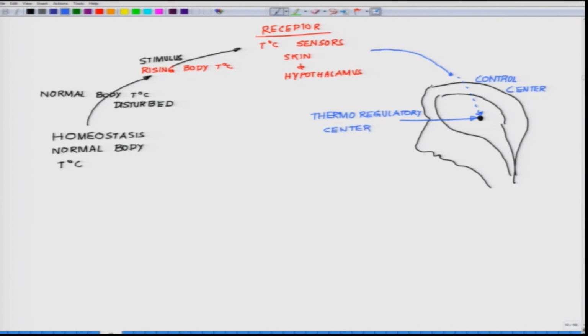Okay. Now, at the thermoregulatory center, this hypothalamus sends a command signal. This command signal reaches the effectors. So, I told you there will be a receptor, there will be a control center, and who are the effectors here? Now, let us enumerate the effectors who are involved in this game. Effectors are sweat glands,